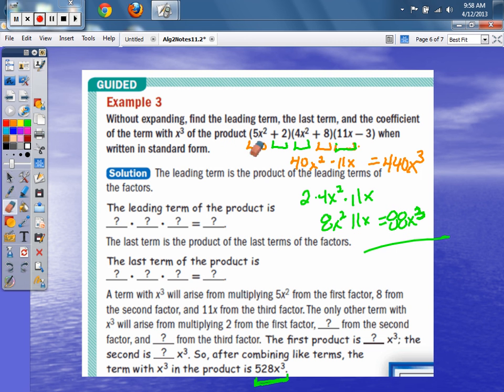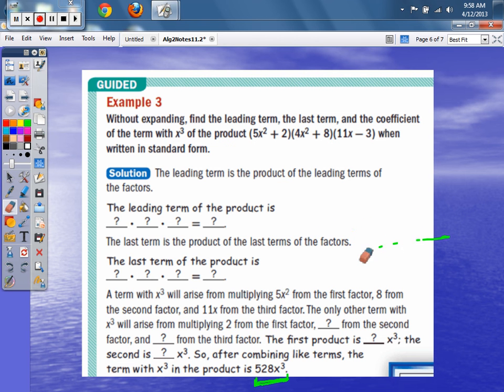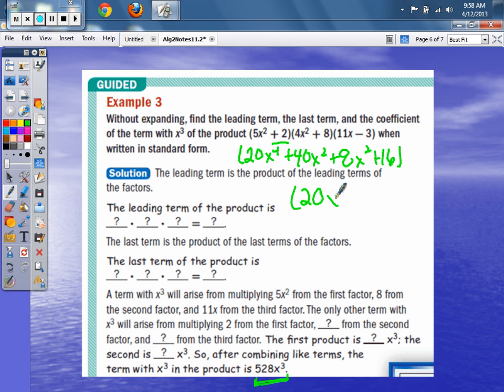Okay, if you don't like that, what is your option? Well, your option is just to multiply them out like you already know how. Don't shortcut it. Or you can do it until you can see a shortcut easier, and that's what I like to do. I'm going to pick 2 to multiply here. I'm going to go ahead and multiply the first 2 since they're right there. 20x to the 4th plus 40x squared plus 8x squared plus 16. 20x to the 4th plus 48x squared